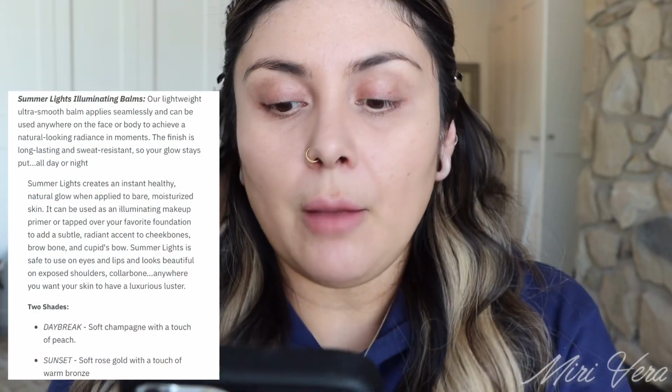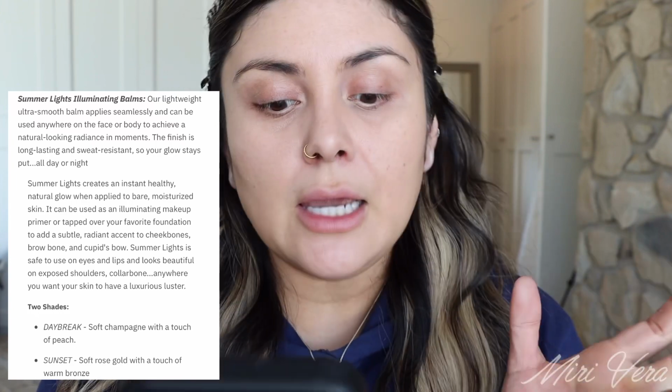Okay, and now for the Summer Lights Illuminating Balm. Only 2 shades. Daybreak, which looks like a silvery, rosy, cool undertone. Sunset, which maybe has a tiny bit more of a bronze look to it, but still a little bit cool tone. The Summer Lights Illuminating Balms are a lightweight, ultra smooth balm, applies seamlessly and can be used